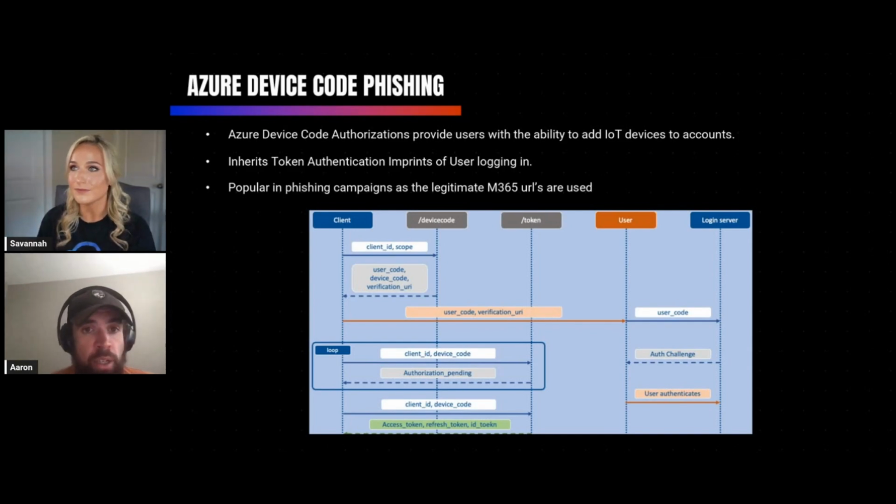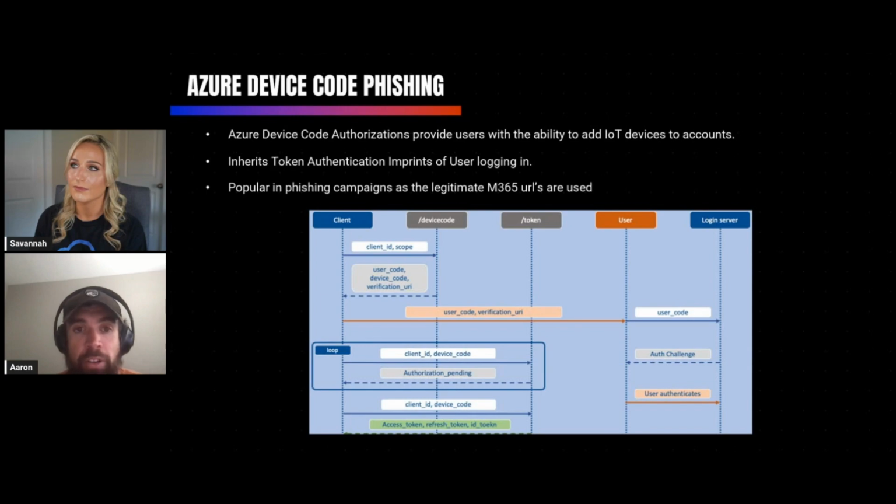Awesome. So pivoting over to Azure, we talked about AWS device code phishing earlier, so now we'll talk about Azure device code phishing. I had mentioned earlier password guessing against M365. Nowadays, with all the additional security mechanisms, conditional access, and multi-factor authentication in place, a lot of times credentials really won't yield you any additional access.